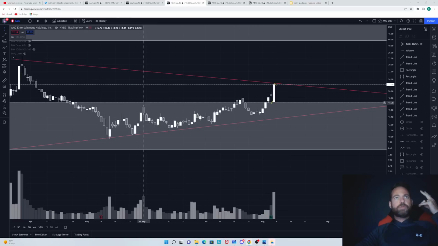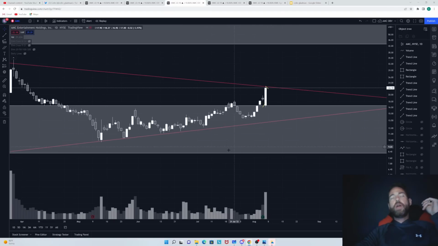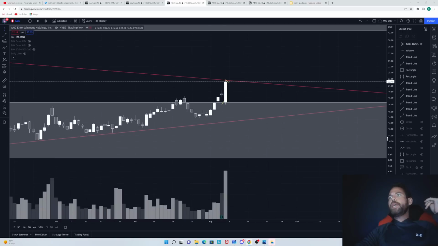The reverse is true with bearish engulfing. Once you get a bearish engulfing candle, that can mean not good things. For instance, right here, look, April 25th into April 26th, you got a bearish engulfing candle and you got a big push down. So we have a nice, big old fat